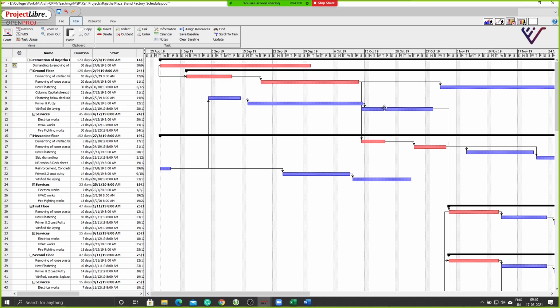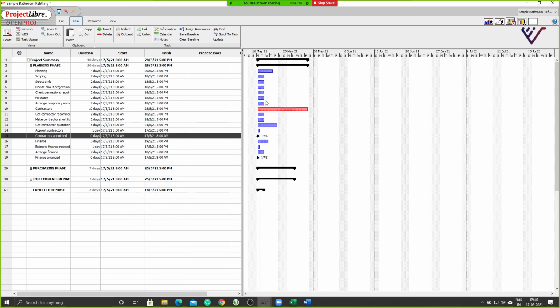For instance, this plastering activity here is directly linked to your critical activity of removing loose plaster from the second floor, which is a critical activity. So they can be cross-linked to multiple elements in the project. It is not hard bound by one, but with the milestone there is an understanding that the activity needs to complete on that day. Otherwise, it's not going to let the other activities start. Whichever activity is linked to that milestone will not start until that is finished.